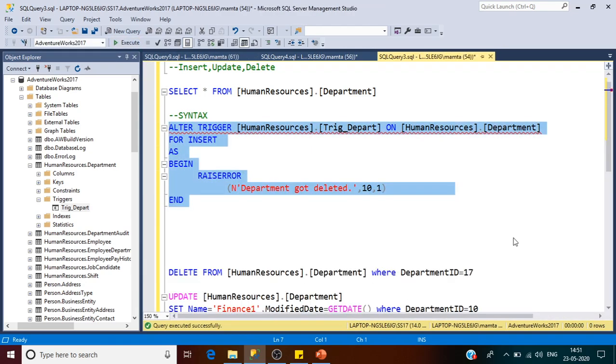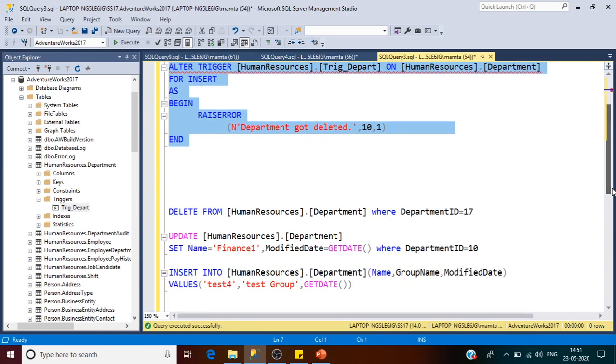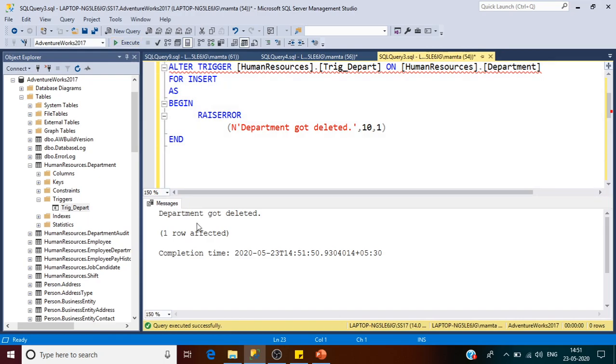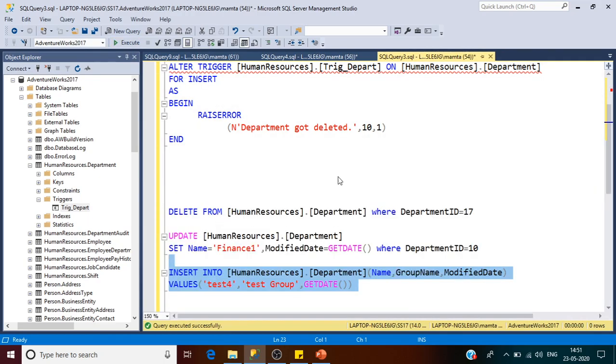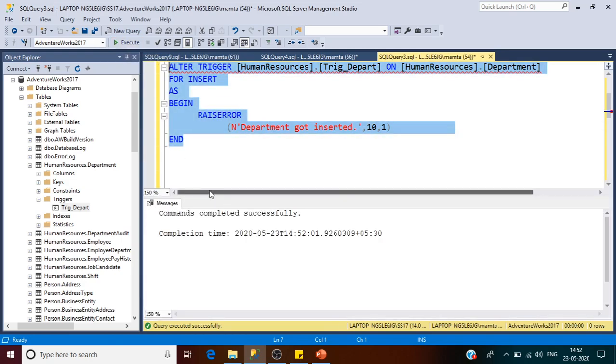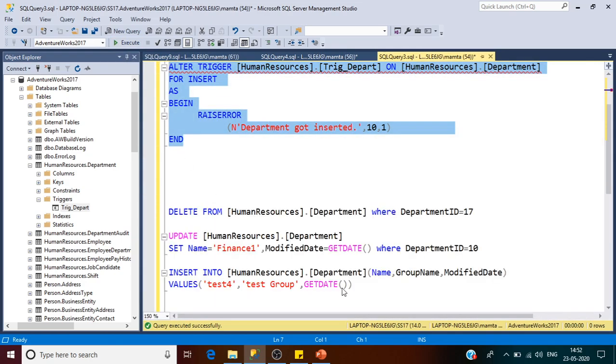To test it, I need to insert one record here. So I'm going to insert one record here. What will happen? First it will give me the trigger message, and then it will insert the row into the table. So department got... okay, I'm sorry, this message I have not changed. Department got inserted. Let me change this and modify and execute the trigger again.